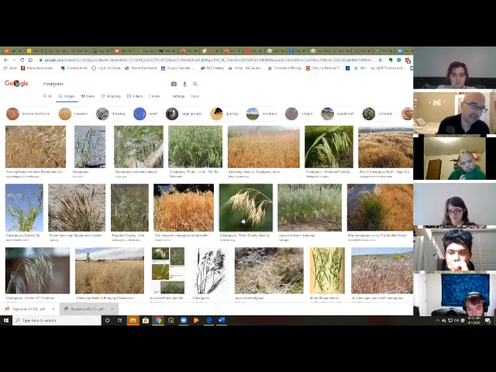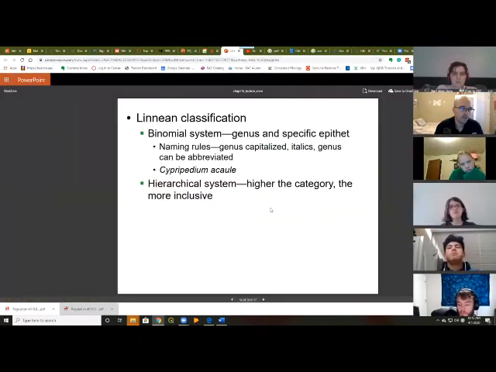Anyway, there's lots of common names for this grass, and no one knows if you're talking about the same grass when you use those common names. And so this guy Linnaeus came up with a naming system that focuses on using a dead language so that we can't confuse words. So why did he use a dead language to name everything? Well,